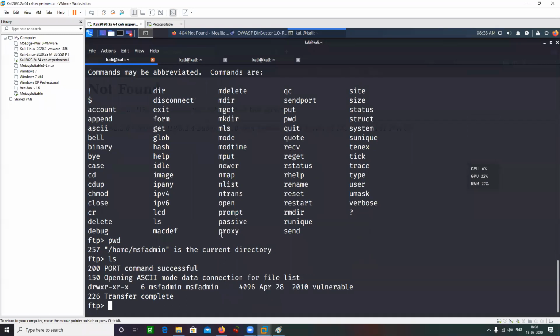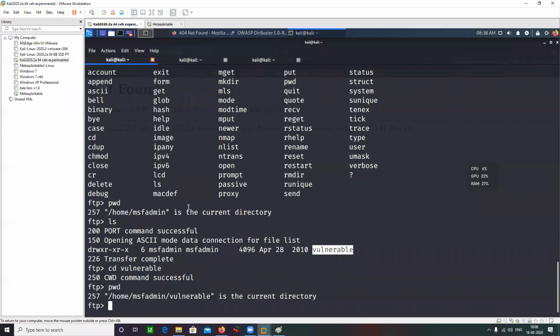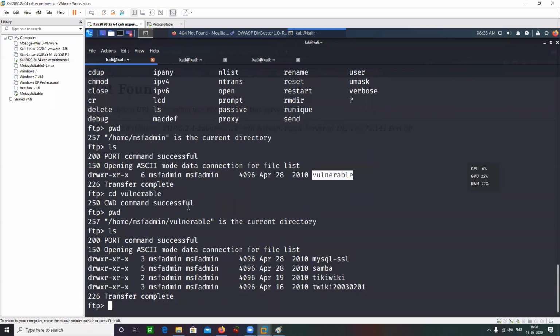When I did an ls here, I saw that there's a directory named vulnerable. I can move into this directory. pwd, where am I? And ls. When I did an ls, I have some folders here, some directories here.